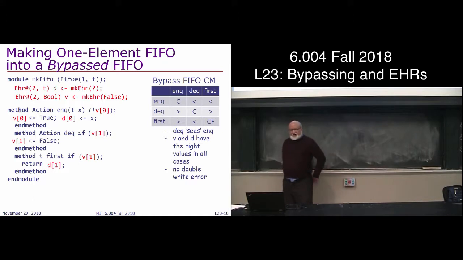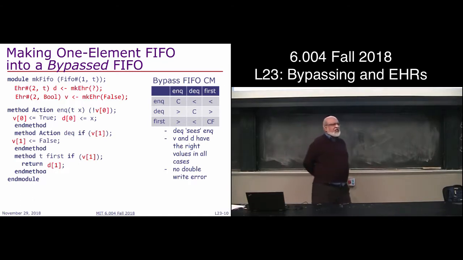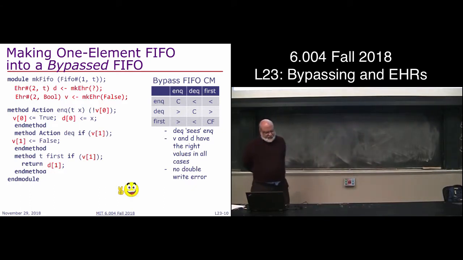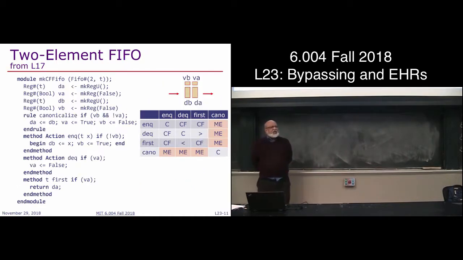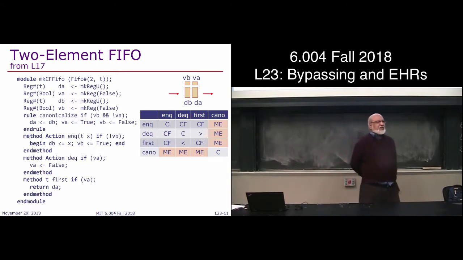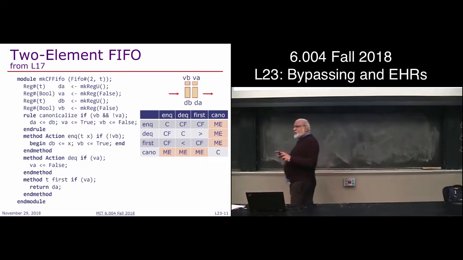So again, the same stuff, no double write errors, even though two people are writing, because they're writing in different ports now. And when they write in different ports, we have defined the priority that port 1 has higher priority than port 0. Very good. Okay, so this was our two-element solution, two-element FIFO, where we were successful in making NQ and DQ